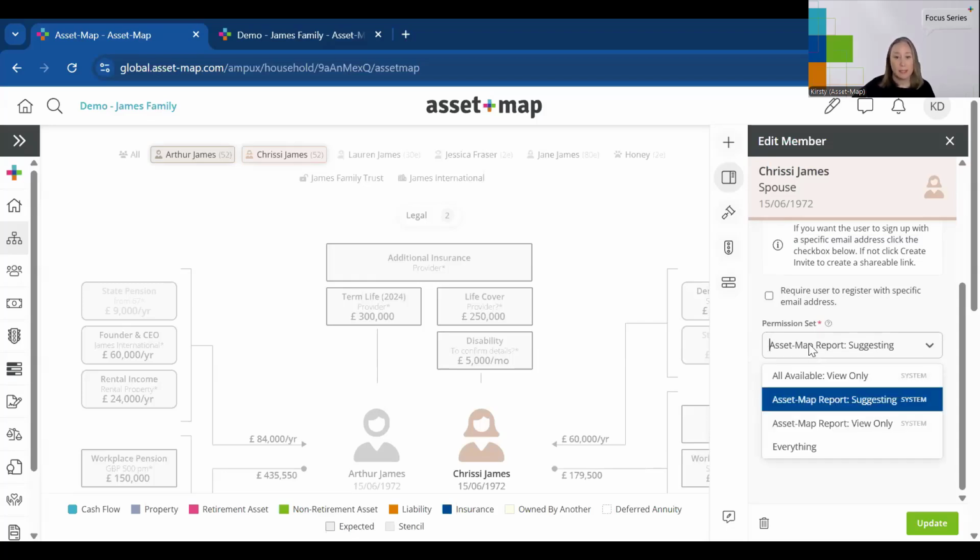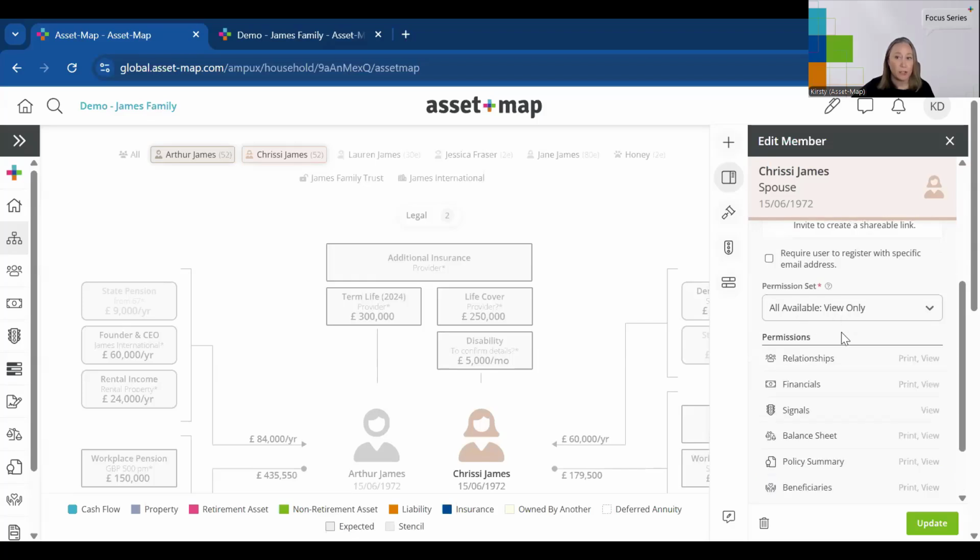But let's say, for example, I'm setting Chrissy up for the first time and I want her to be able to view everything. I can select that. I can also create my own permission sets. These are just the 3 standard default permission sets in the system, but you can build your own permission